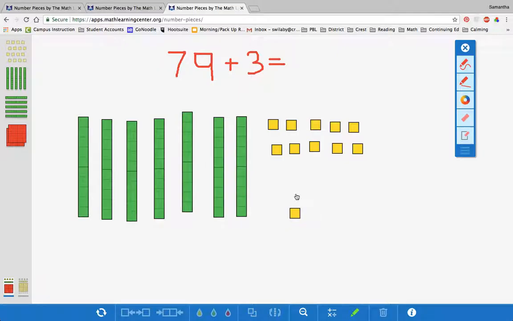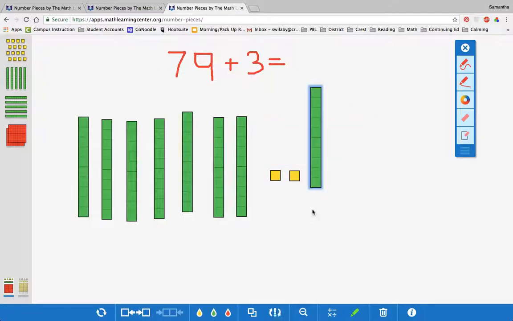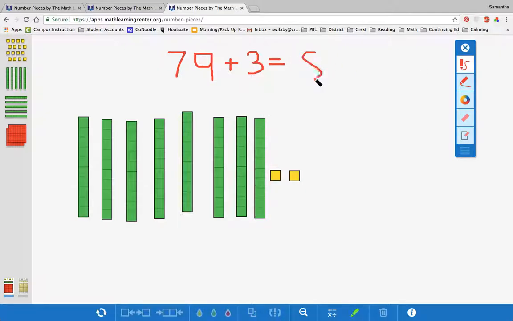1, 2, 3. Before counting all of them to see how many I have together, I'm going to look just at the ones and see if I can group the ones together to make a 10. Again, since I organized them this way, I can easily see that I have a group of 10 right here that I can highlight and trade for a group of 10. So now I can see all together I have 10, 20, 30, 40, 50, 60, 70, 80, 81, 82. So 79 plus 3 is 82. This is a really great strategy to